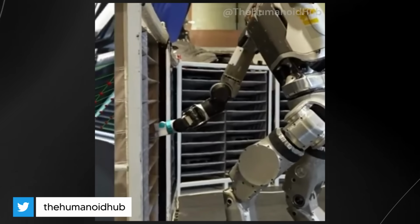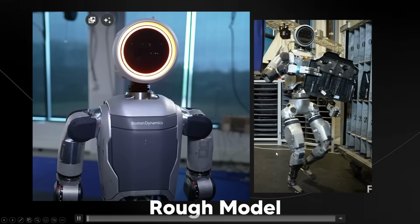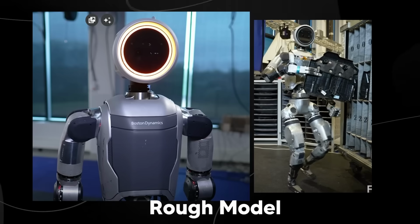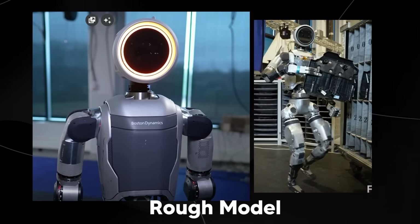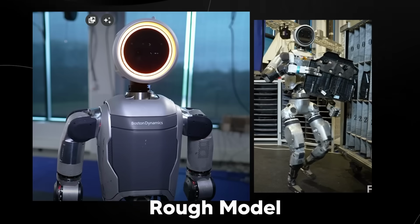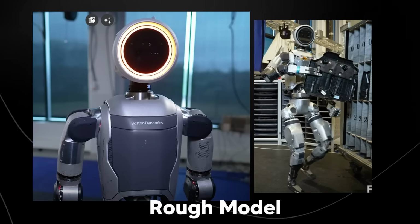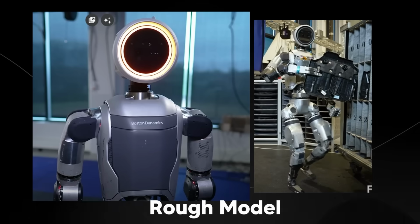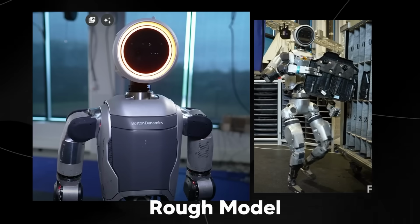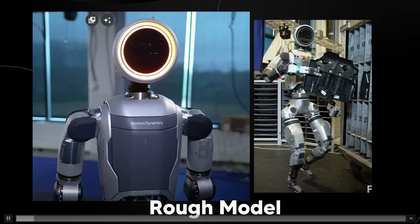Another subtle thing that I did notice was the fact that there have been 2 demos so far of the Atlas robot. One of the earlier iterations that we saw was one where we got to see the design and presentation of the prior Atlas robot appeared to be rather polished. This demo, the one you can see on the right, looks as if it is a lot more rough and rugged, which potentially indicates that this version of Atlas, the one that we got to see today, was engaging in